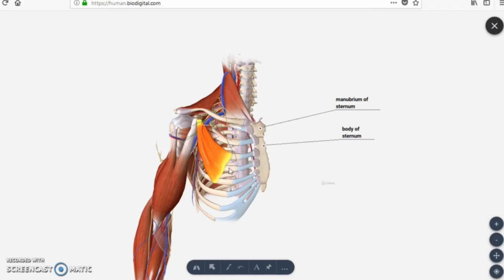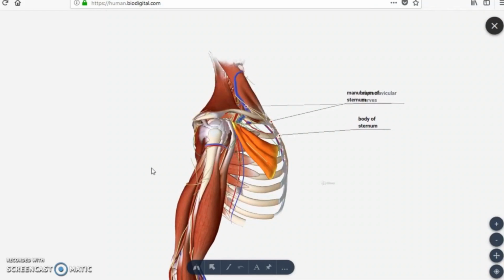As for origin, as you are seeing, it is taking origin from the costal ribs. If you count, we will be having the third, fourth and fifth costal ribs giving origin for this particular muscle, and it gets inserted into the coracoid process of the scapula. You know, a bone is present behind the upper limb that we will call the scapula. So this scapula bone is again